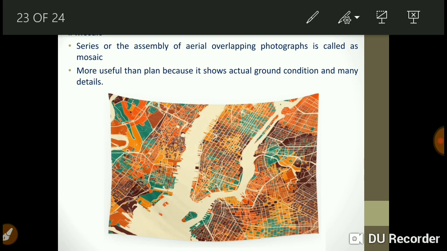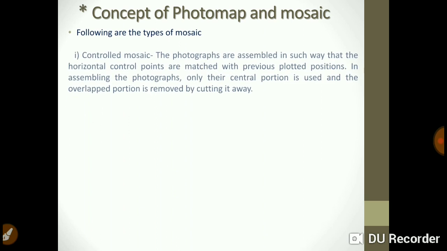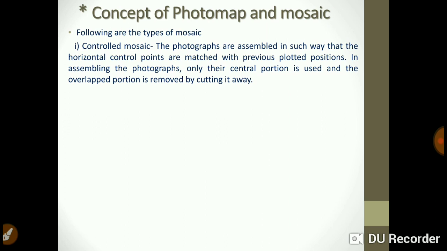We see in this picture that different photographs are assembled together, and so collectively it is called a mosaic. There are some types of mosaics. The first type is the controlled mosaic. The photographs are assembled in such a way that the horizontal control points are matched with previously plotted positions.